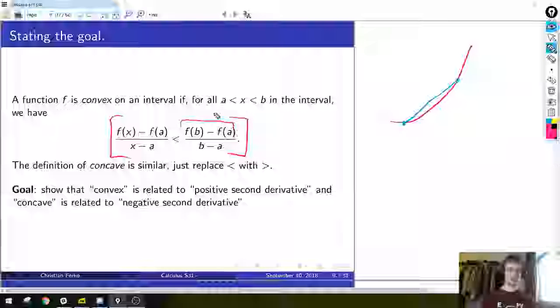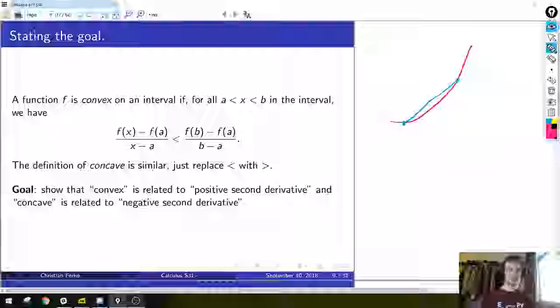So notice the right side is a constant. This is just a number. The left side depends on x. So that has to be true for every x in the interval if it's convex. Concave is similar, replacing with a greater than. So our goal for today is going to be to prove, in fact, we'll prove both directions, that